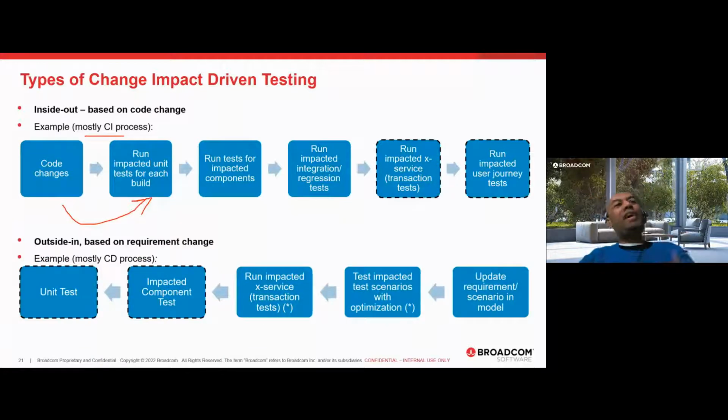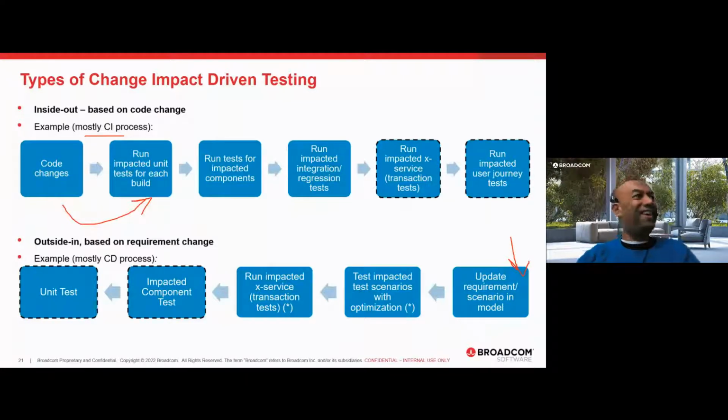So this is mostly applicable for your system integration tests and integration tests, right? This happens when a requirement changes. So this is the outside-in view. And again, the best way to enable this is through model-based testing, because when you change a model, the model tells you very precisely, here are the test cases that have been impacted, here are the new test cases that need to run, and more importantly, here are the deprecated set of test cases that are no